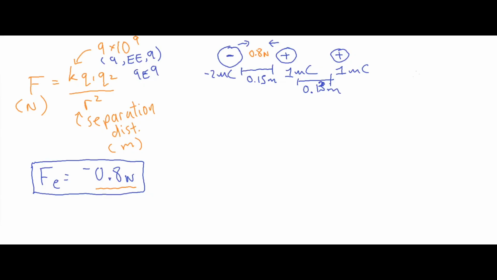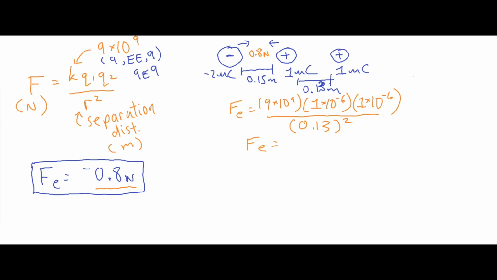Okay, now for this one, nothing too crazy. We're still going to use Coulomb's law in a similar way. We're going to find the electrostatic force. We're going to use our constant 9 times 10 to the 9th as we always do. Both of our Q values are 1 times 10 to the negative 6th, which you could call squared. I'll write it out again for emphasis, showing the Q1 and Q2, and then now we have a 0.13 separation distance, and keep in mind you always need to square that denominator. All right, so you plug that into your calculator. This time I get an Fe, an electrostatic force, that equals